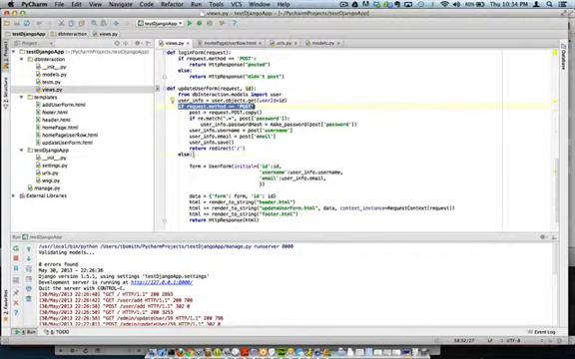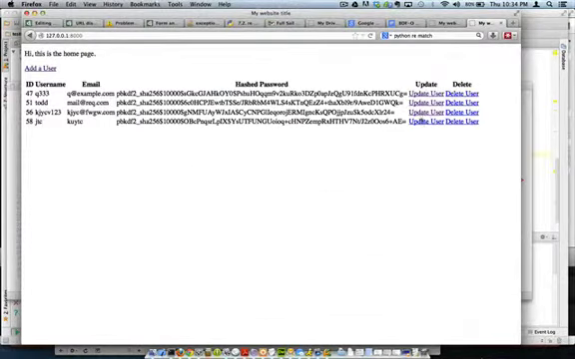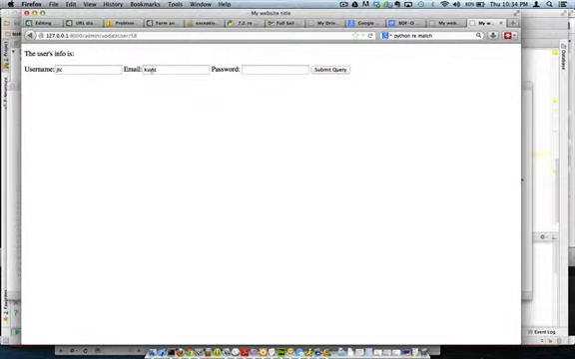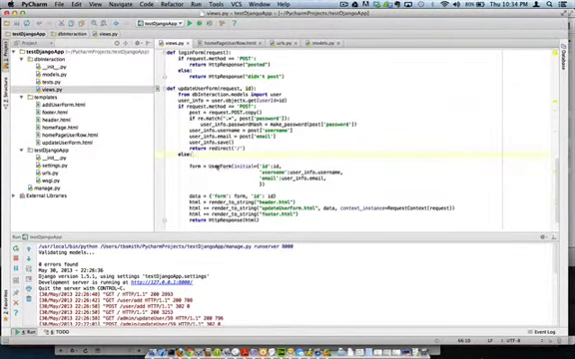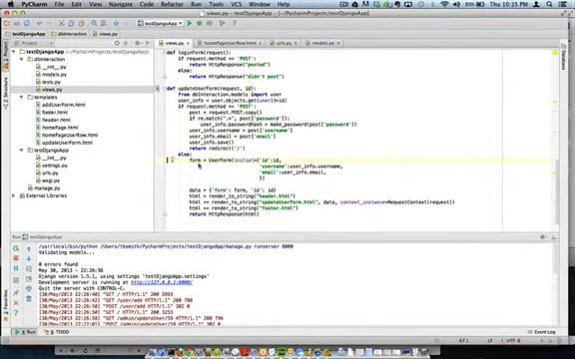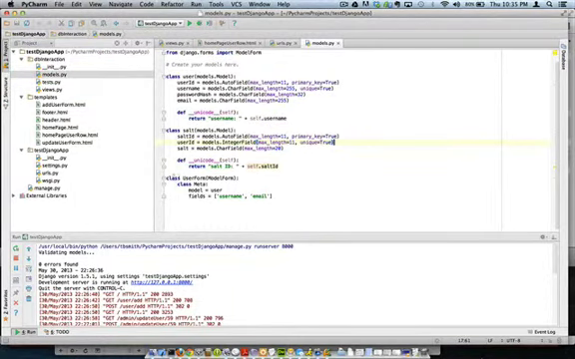Otherwise, I assume it's a get or something else, and in that case they must be just looking at one user in particular. See the URL up here, update user 58. So in this case, I'm creating a user form, and this is that model I showed in the other video, the class user form. Model is set to